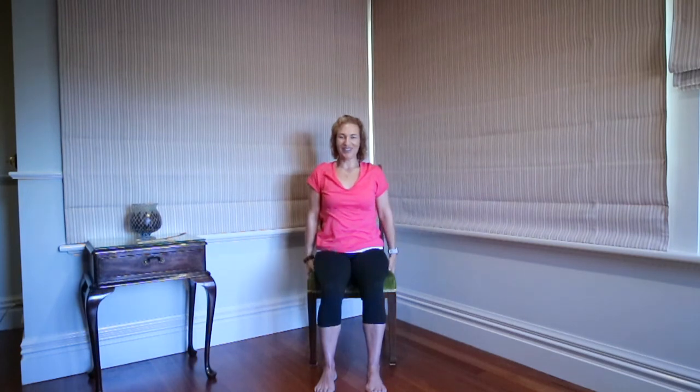rest on the chair. Slowly start to bring the left foot off the ground onto the toes, and just feel that active muscle all the way from the calf all the way up into your hip. Now you can stay here if you like, or you might want to start to bring that foot just a little higher off the ground. You can take your hand to rest on your knee, and on your next exhale you can slowly start to